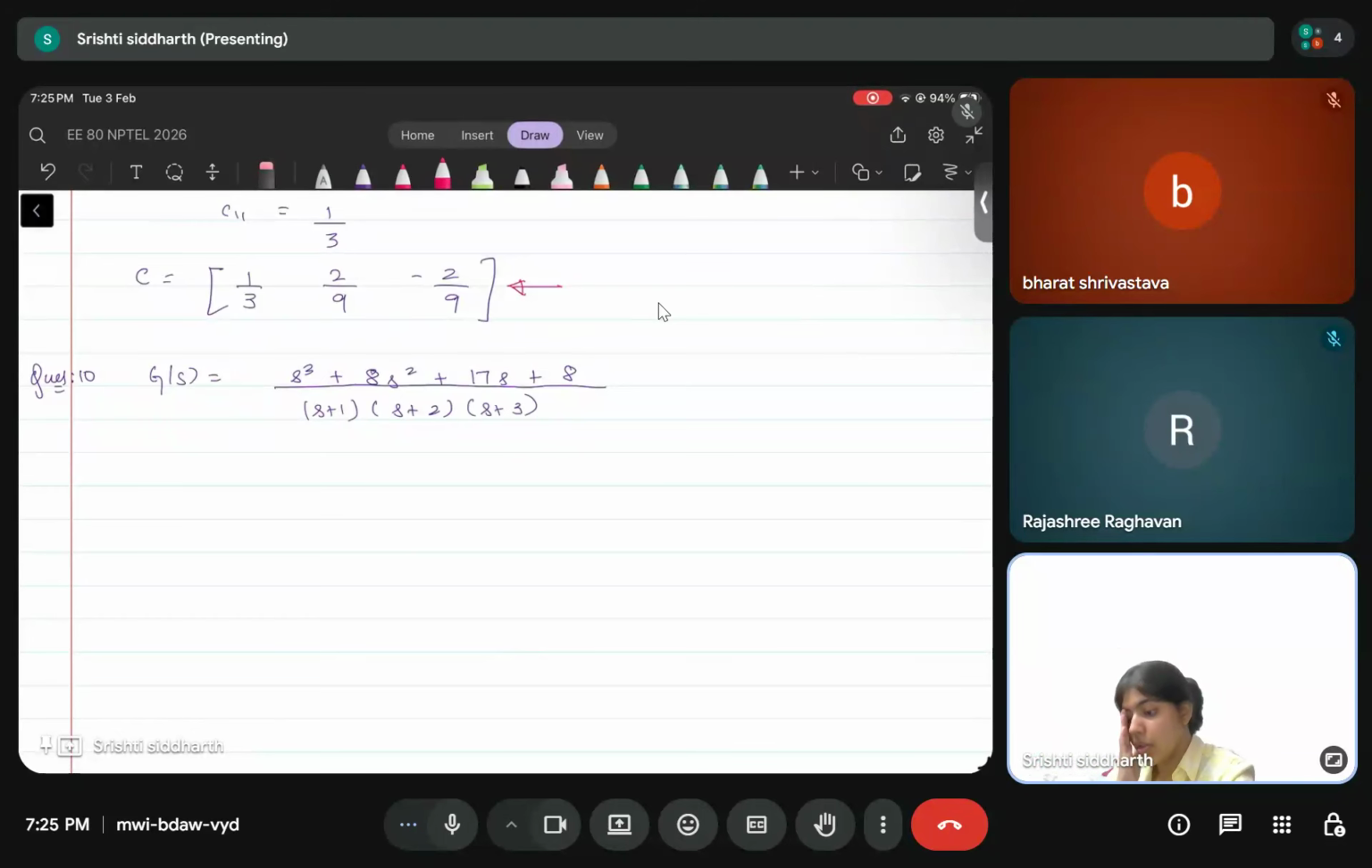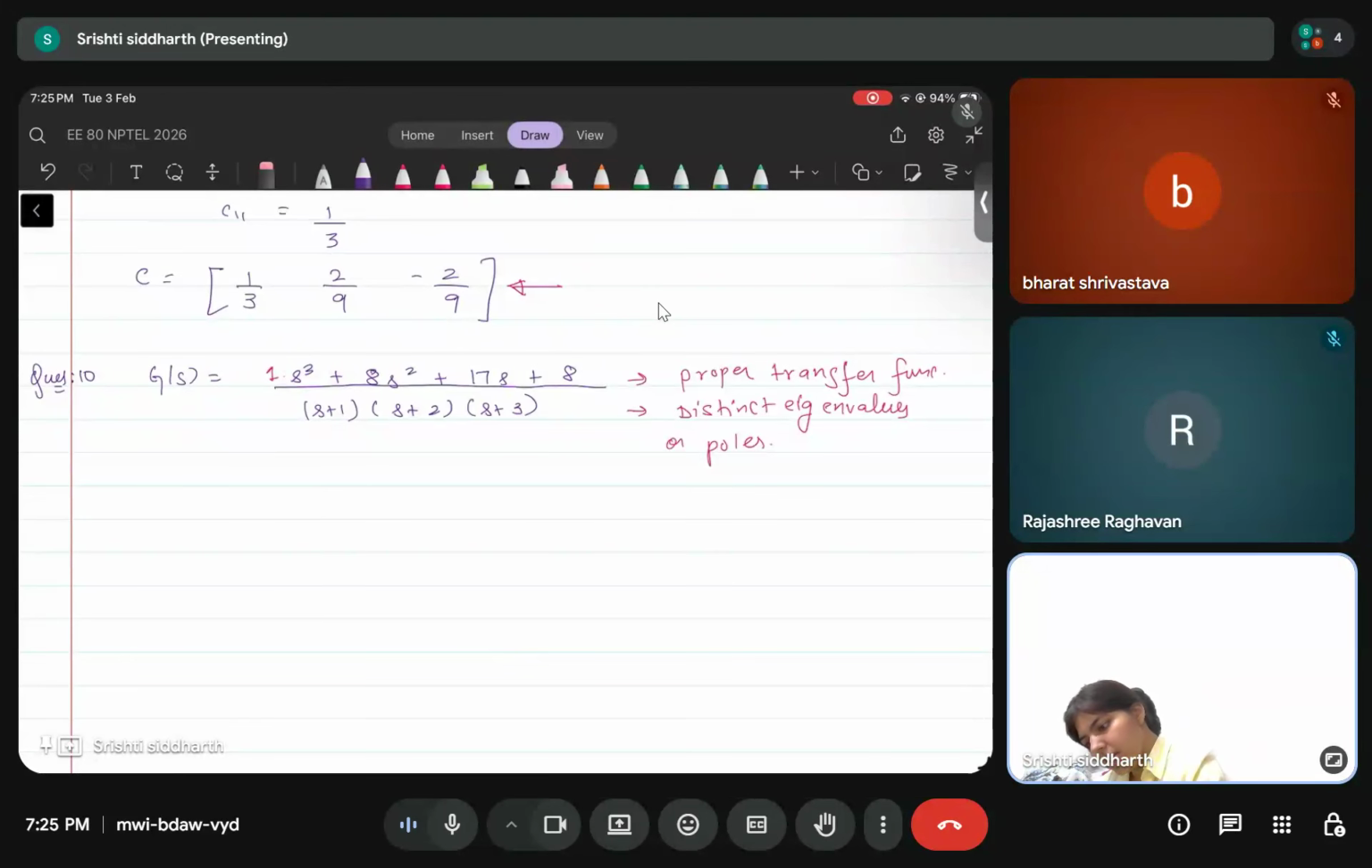Okay. So first of all, this is not a strictly proper transfer function, it's a proper transfer function because we have a non-zero coefficient of S cubed. So this is a proper transfer function. And also we have distinct eigenvalues or poles. Alright, so in this case,